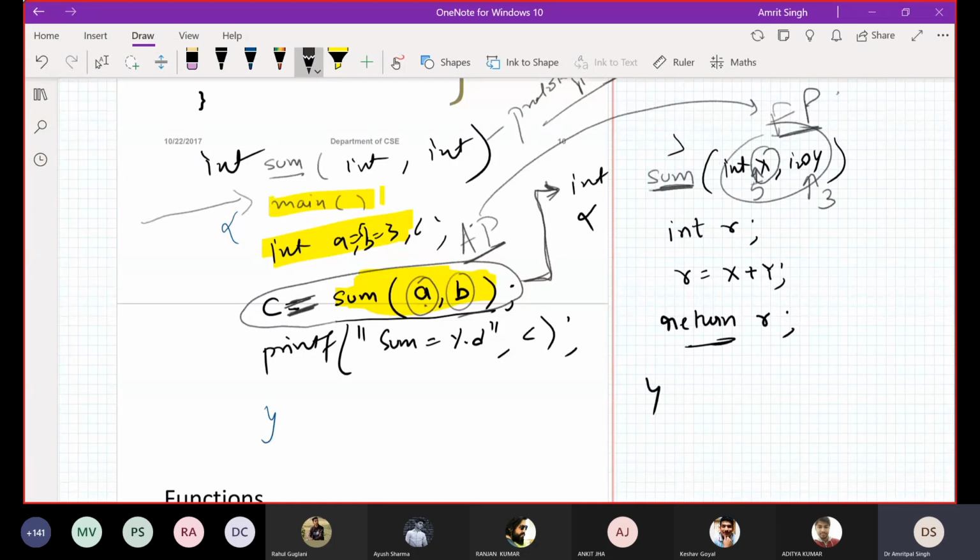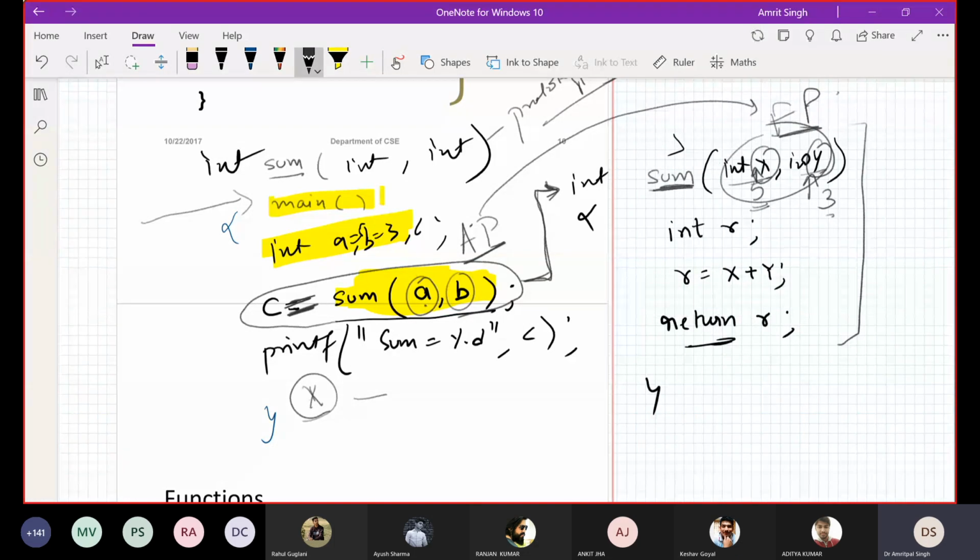So the values of x and y after the function call become 5 and 3. Now these are considered variables of the function. We can use these variables inside this function only. They are local to this function. If you try to print the value of x in main, it will give you an error. We will discuss it later on.